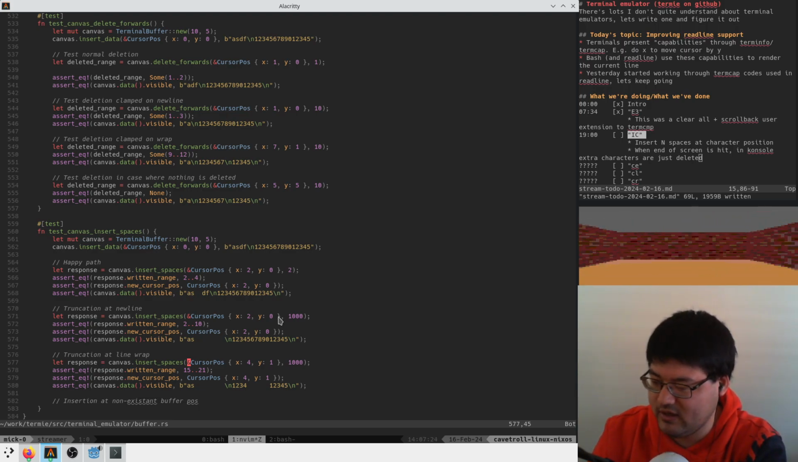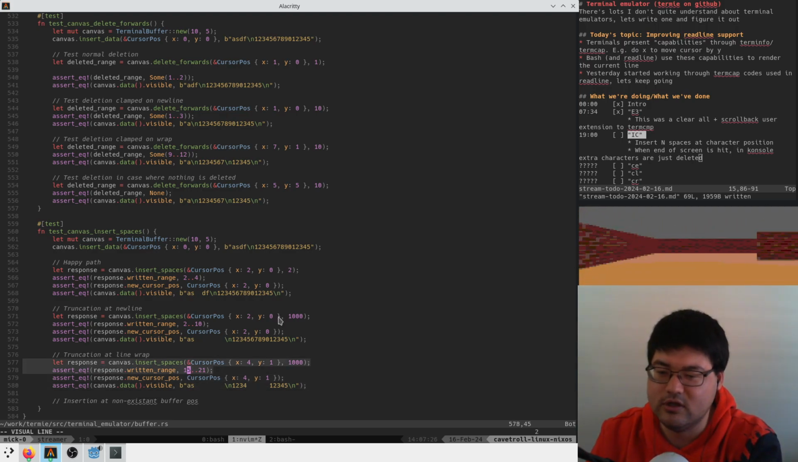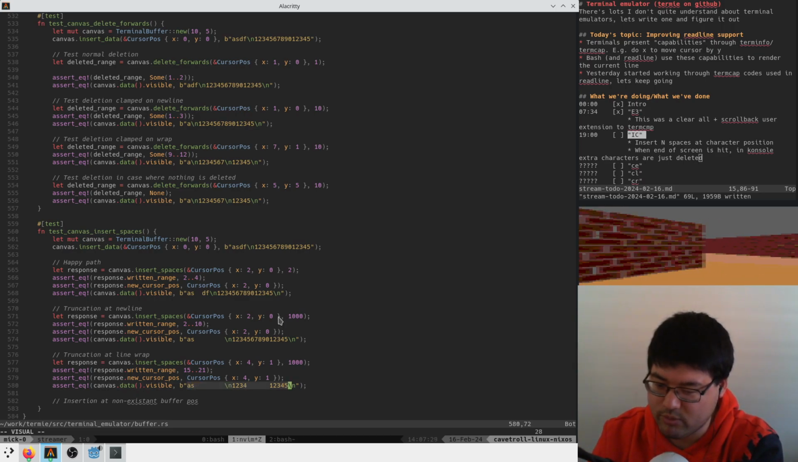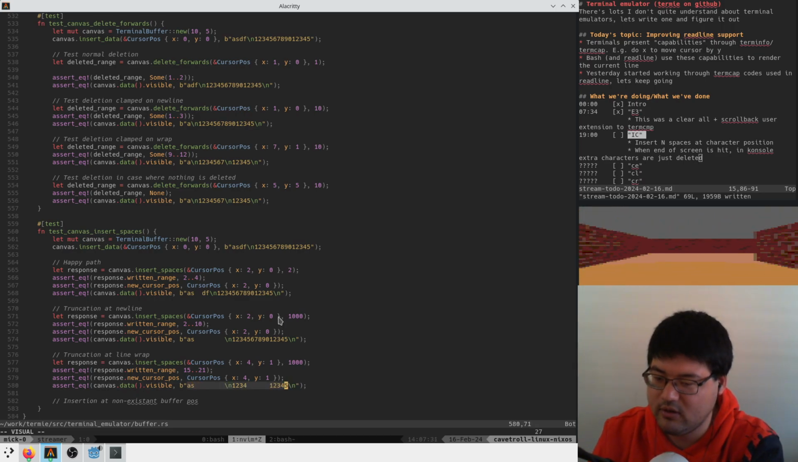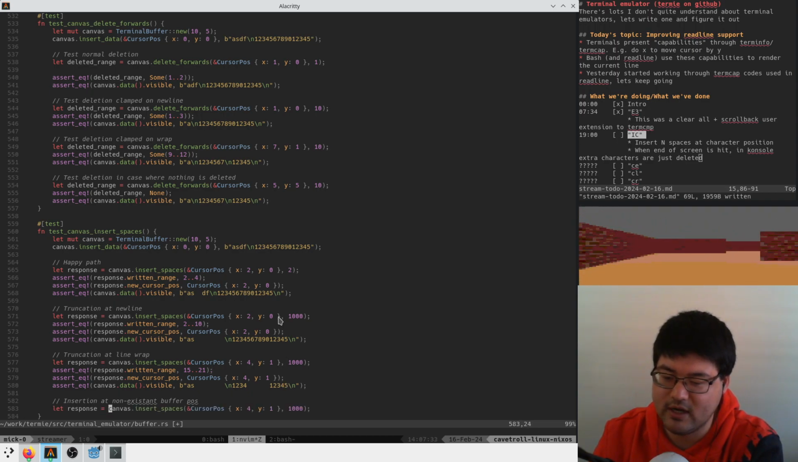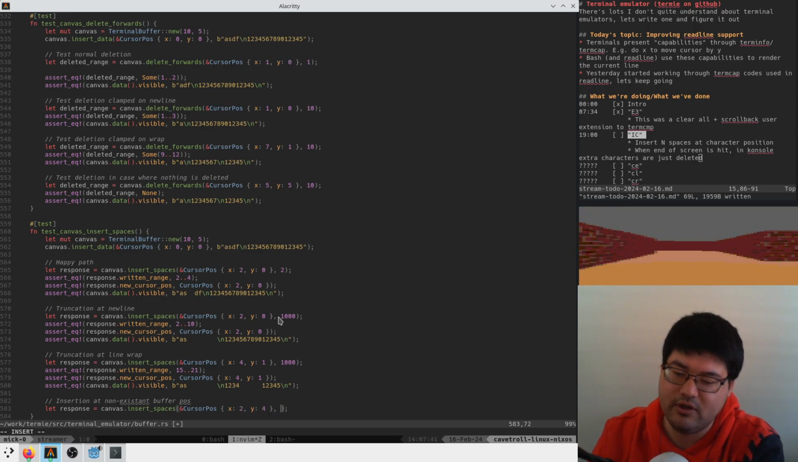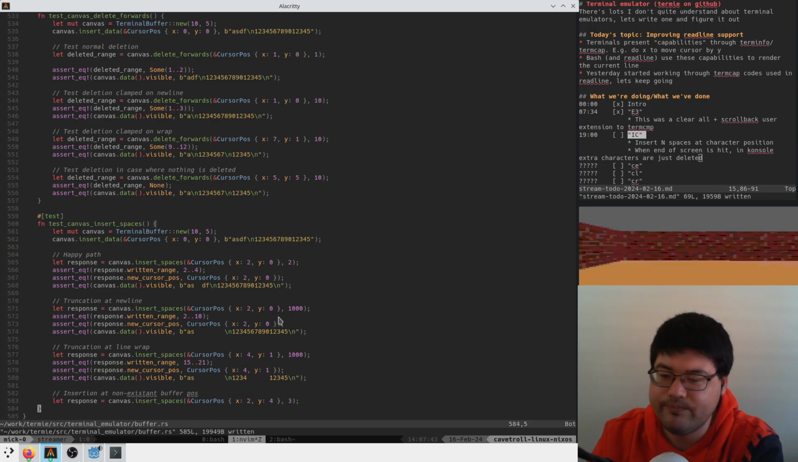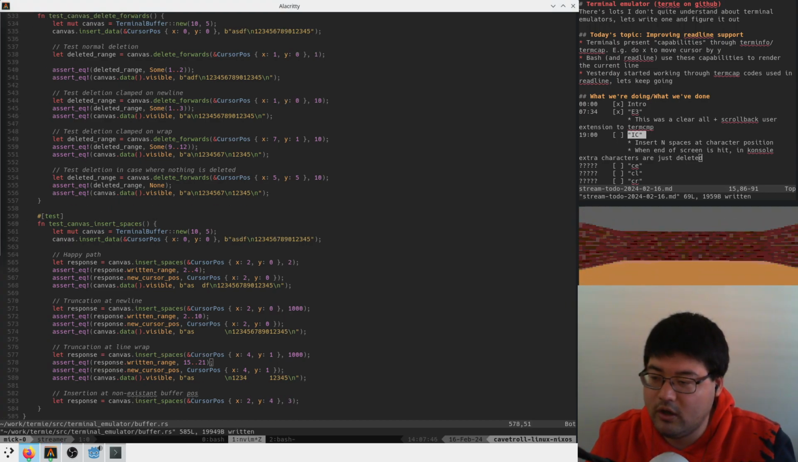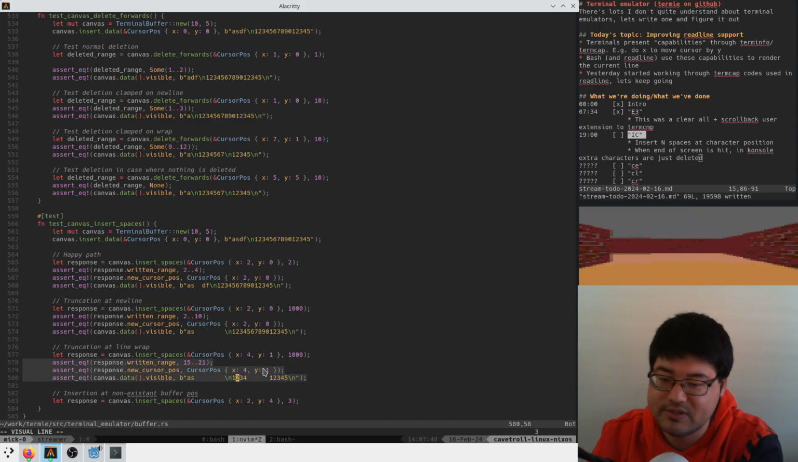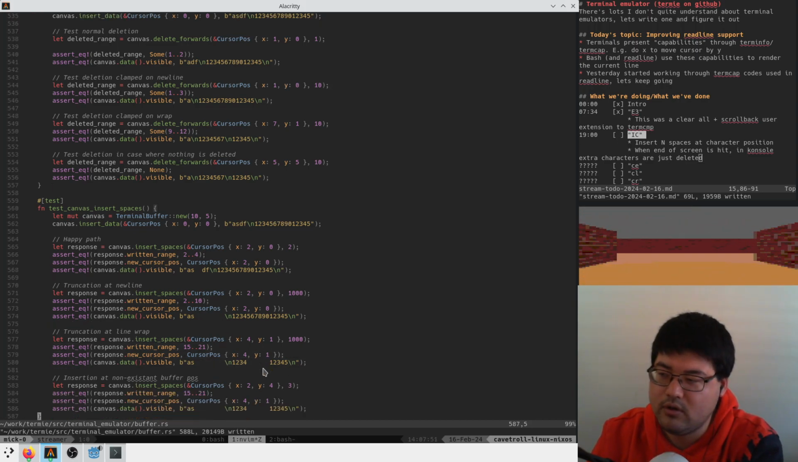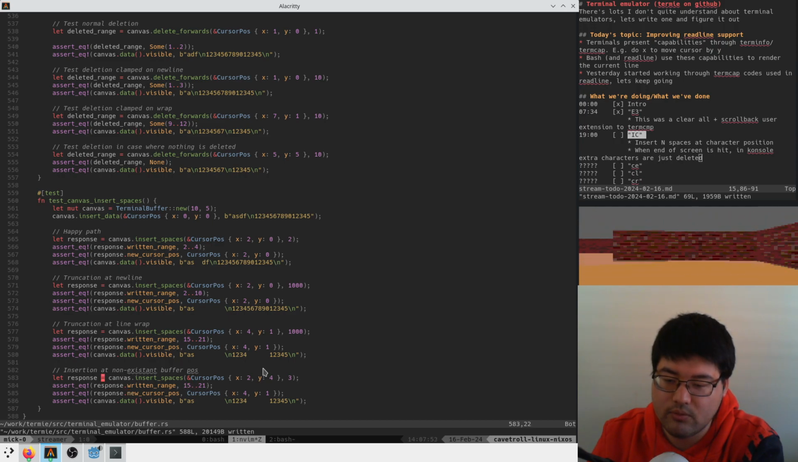Cool, and now we just have to test this extra case where we try to insert spaces at a place that isn't allocated in the buffer yet. So we have this buffer, 3 lines, and let's try to insert spaces down at y equals 4, because that doesn't exist yet. And let's try to insert 3 spaces at this location. In that case,